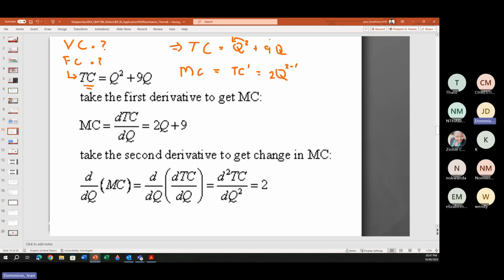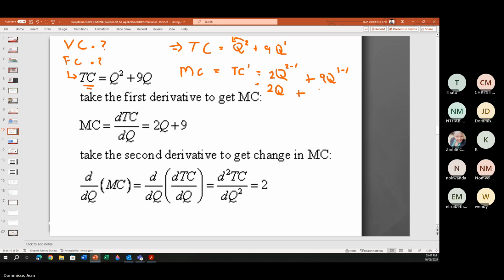Then we sit with the second term. Wherever there's nothing, it actually means it's q to the power of 1. So 1 times 9 is 9, and the exponent of q is then 1 minus 1. If we simplify that, it's 2q to the power of 1, so we can just leave it as 2q